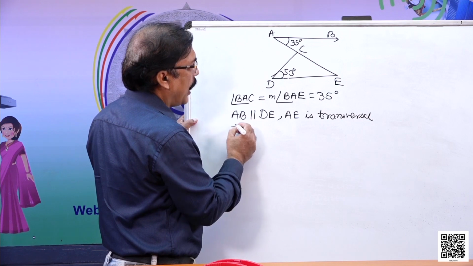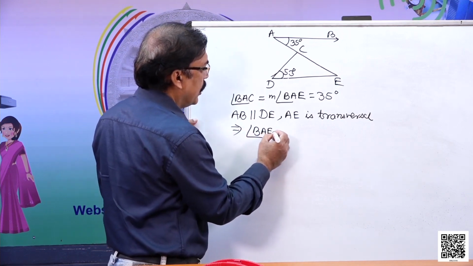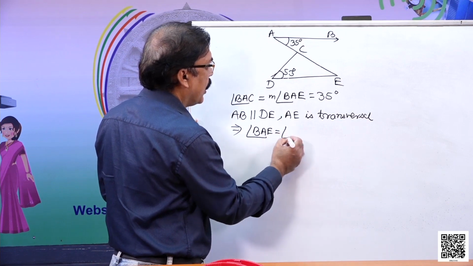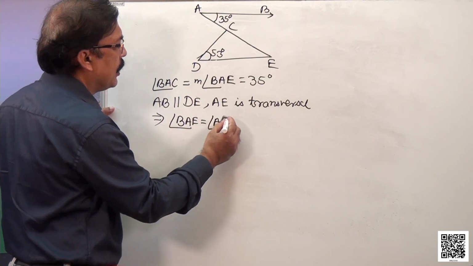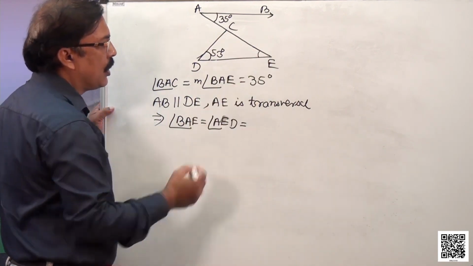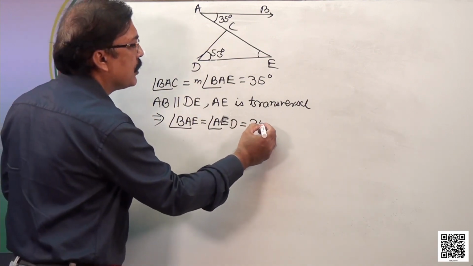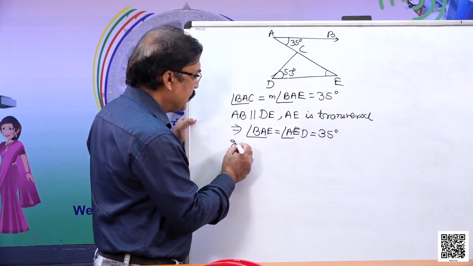So this implies angle BAE is equal to angle AED. As these two angles are equal, this is 35 degree. Now in triangle